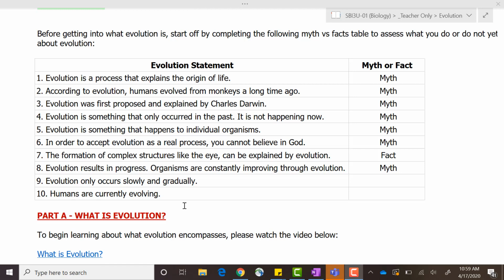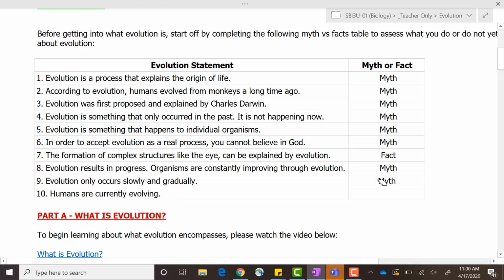And so that can lead to changes in allele frequencies and lead to changes in genes that are present in a population. One of the common examples that you see within bacteria is the development of antibiotic resistance. That happens because of mutations in bacterial DNA. And if those traits make the bacteria more likely to survive because they wouldn't be killed off by certain antibiotics, then those traits are going to be passed on to further generations, and you would see the bacteria population change over time to be more resistant. So that statement is a myth.